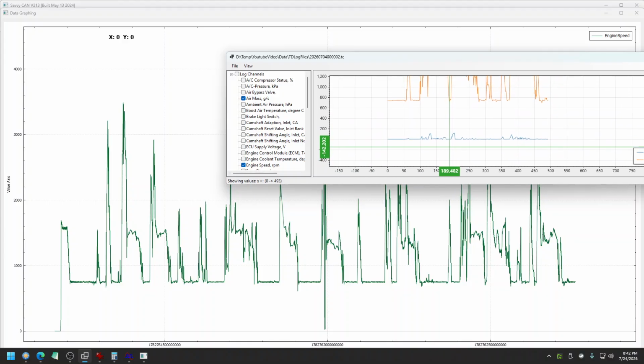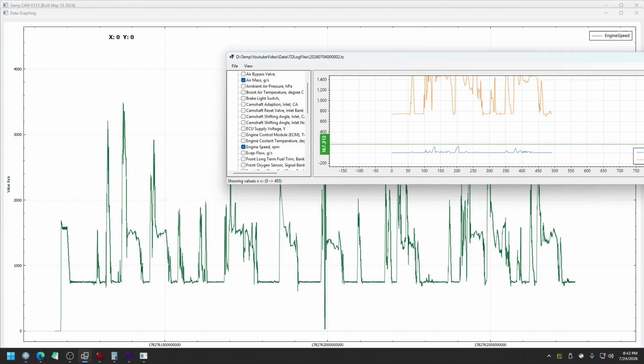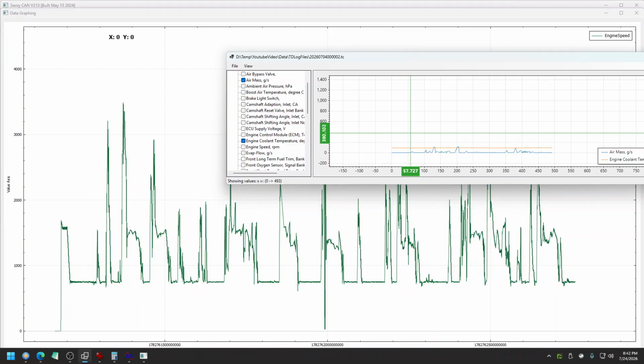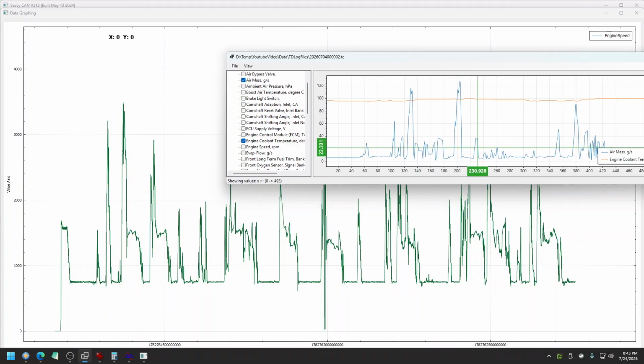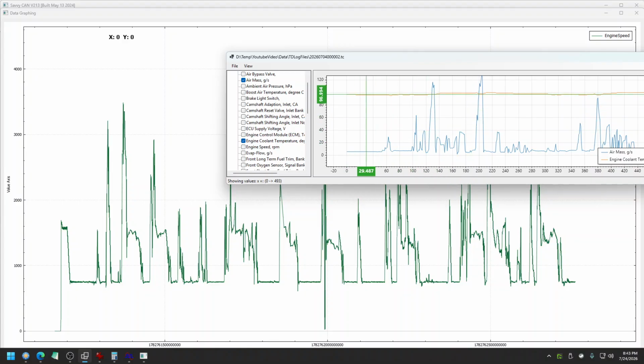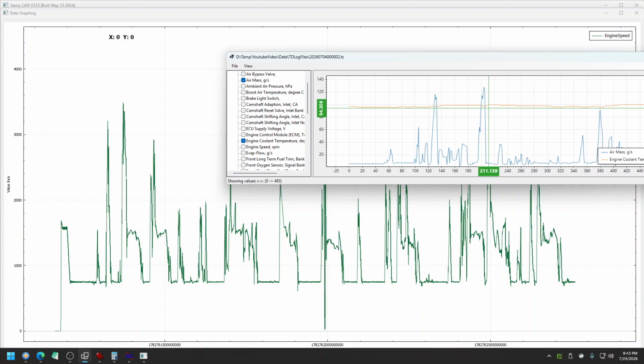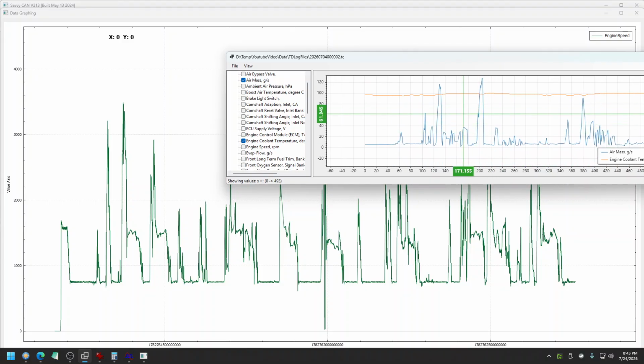I'm not going to bother you to go and try to find this, but you'll be able to actually know what the values are, because I can use my crosshairs here and read what the values are for any given frame that it captured in the top-down log, and then go back in my CAN capture and correlate the events where my air mass is 116 grams per second or 128 grams per second. Then I can see that my engine cooling